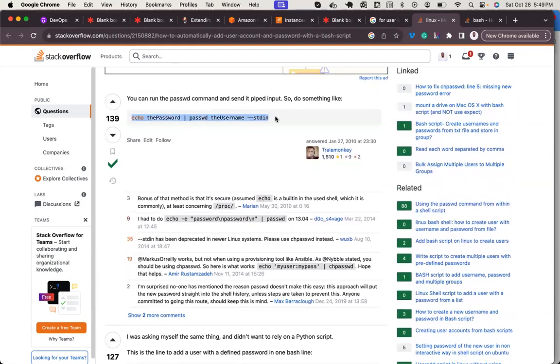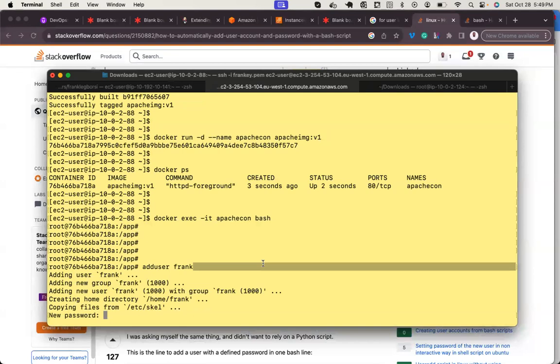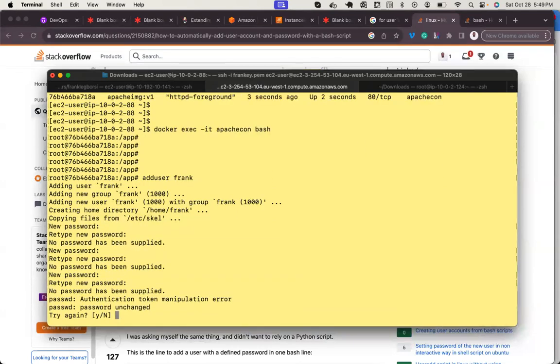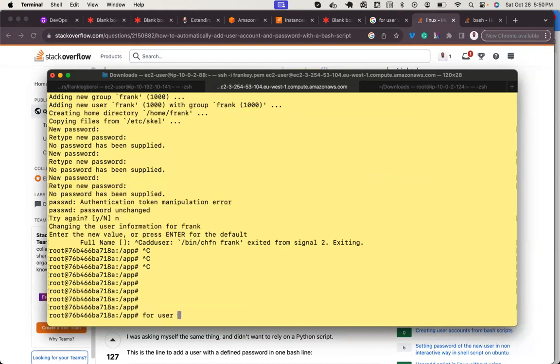Let me try something. Copy. Let me try something. For user in users, Mimi, do adduser $users. For user in, well, let me pause this recording. Once I'm done,